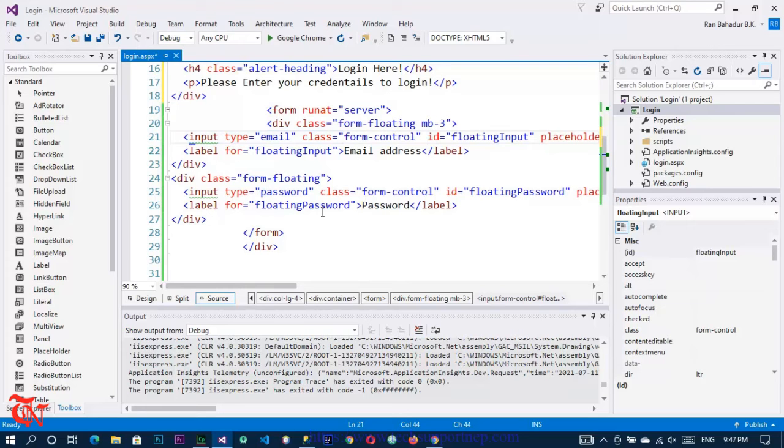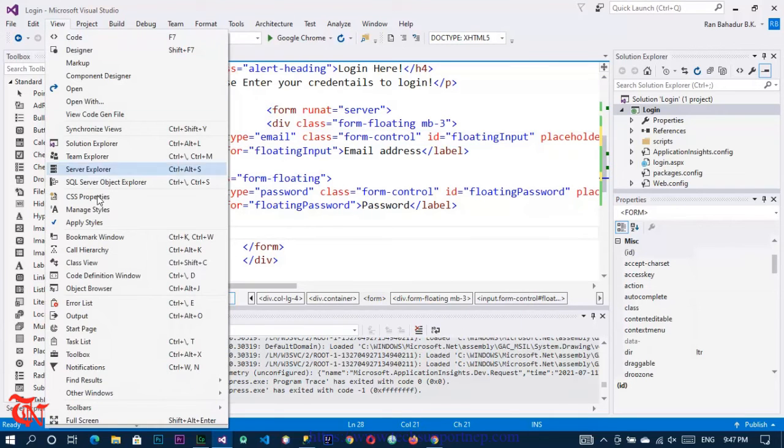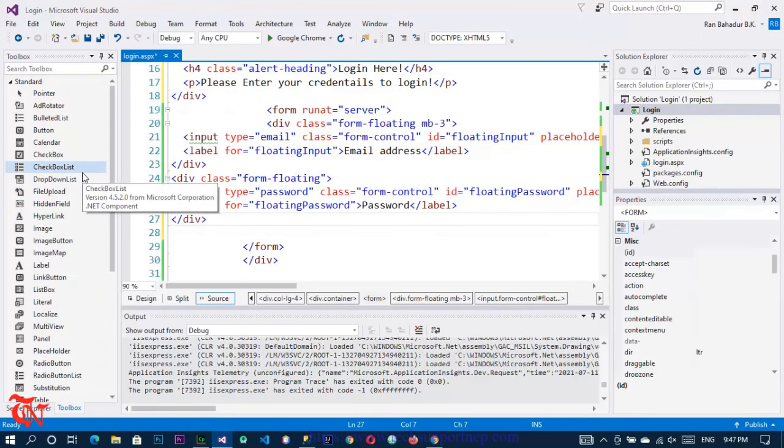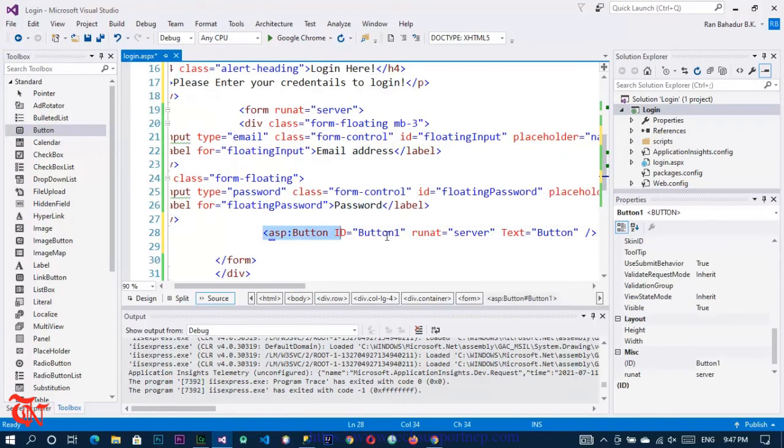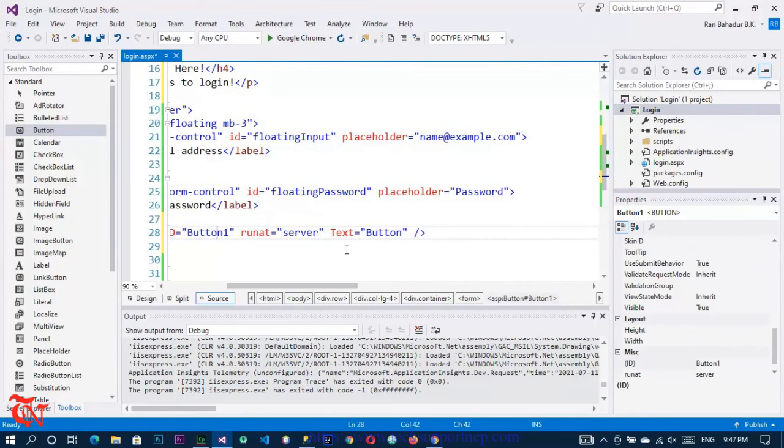So in order to use those ASP.NET controls, what we do is go to View, and then click Show Toolbox. I already did that here, and we are going to use one button. So simply double click that button. Here you can see asp:Button, and ID is equal to Button1. You can change that ID, and runat equal to server, and Text, you can also change that text. So here I am going to use login,